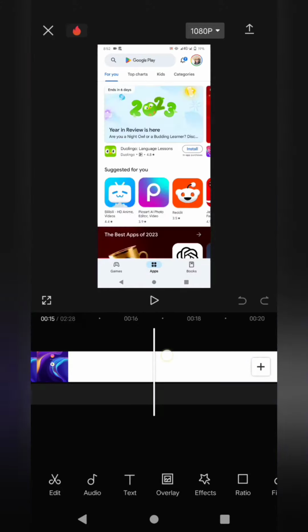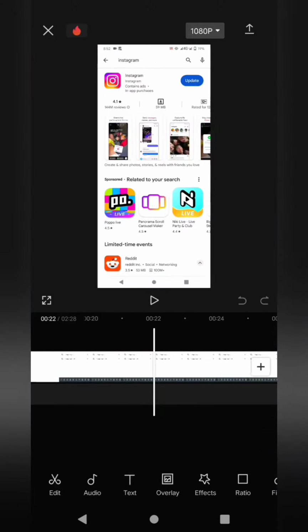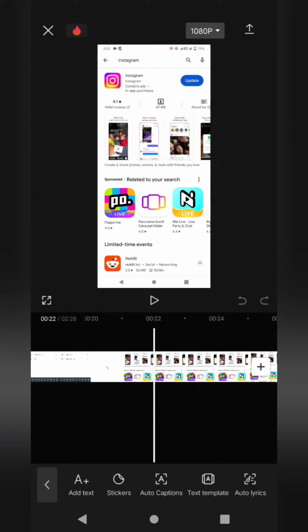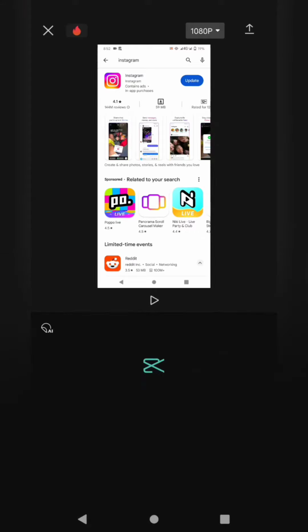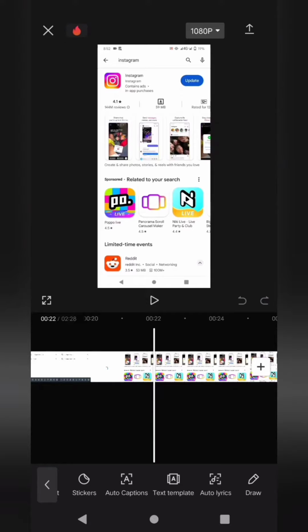So you can edit this anything you want, like you can add text, you can add stickers, or you can also put some music and animations in here. So you can do basically whatever you want in here, and then once you're done, you just go ahead and tap the save icon at the top right corner,